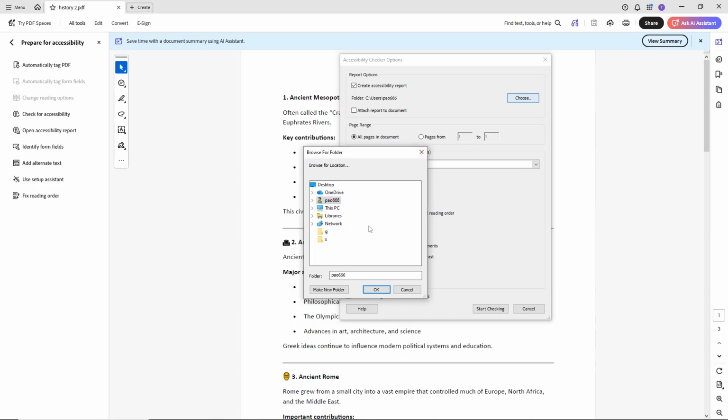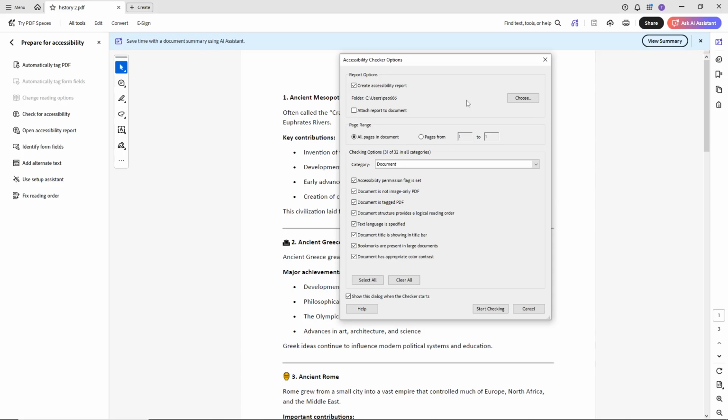You'll have the option to browse for a location on your computer, navigate to the folder where you'd like to store the report, select it, and click OK to confirm your choice. Now check the box beside Attach Report to Document. This is helpful because it keeps the accessibility report directly linked to your PDF, making it easier to reference later